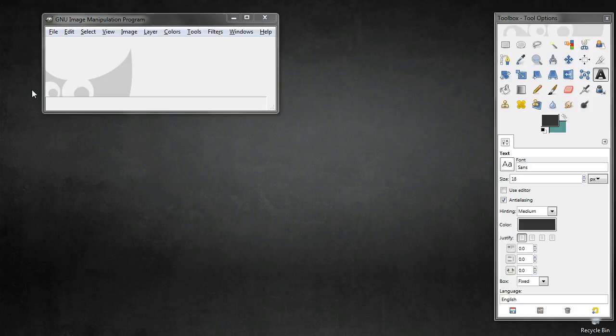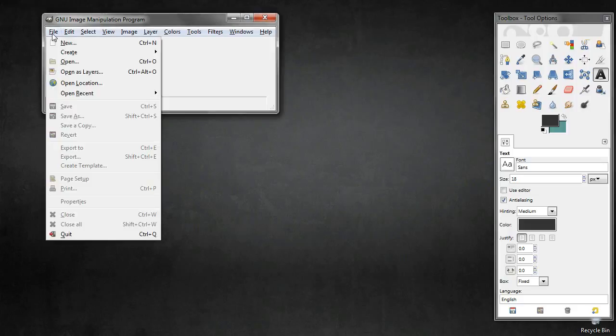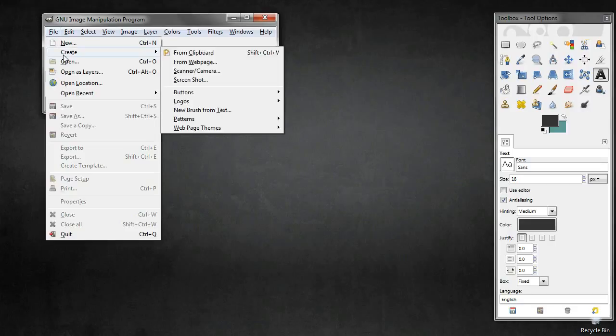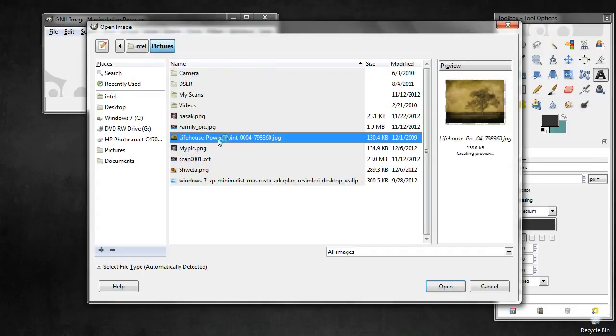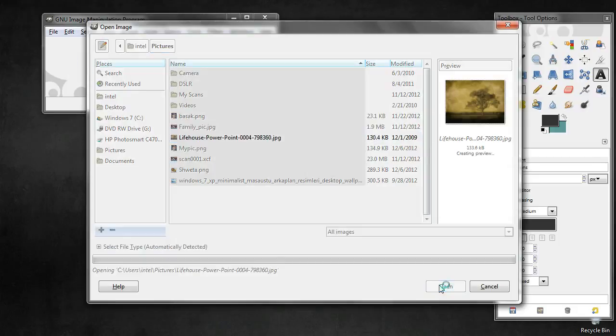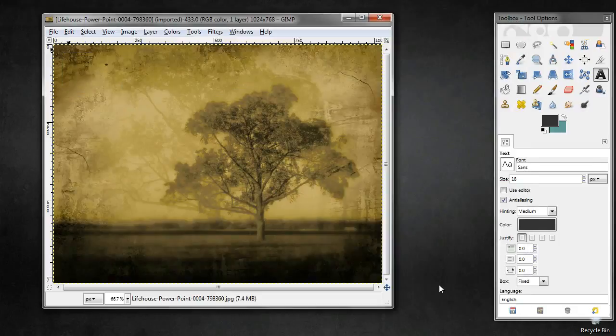Color curve is a very important tool which will help you make the images pop out or make them better looking. So let us take an image which has more gradients and is more like a natural image. So we'll open this image. Okay. So now, it seems pretty washed out. And let us